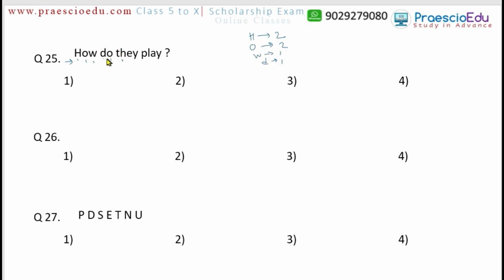Then O, already we have counted. Then T, here only 1 time. Okay, so T is 1 time. Then H, already we have counted. E, here only 1 time. So E is 1 time. Then Y, here 2 times. So Y is 2 times. Then P 1 time only. Then L 1 time. Then A 1 time. Y already we counted. Okay, means H, O, and Y. These are the three letters we got which are repeated twice. So in option 1, they are given H, O, and Y letters. So that's why this option 1 is the correct one.